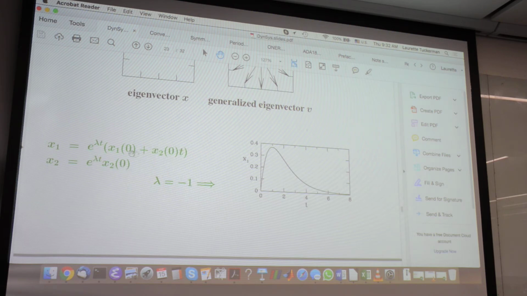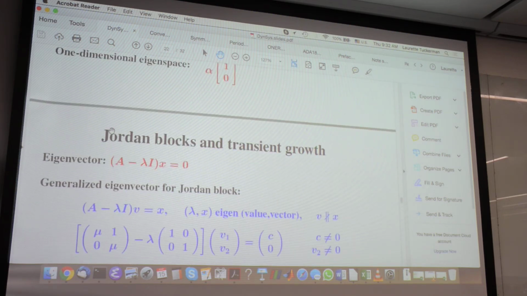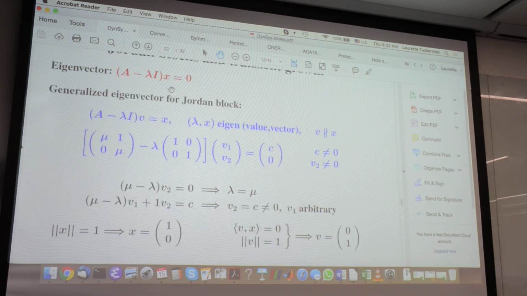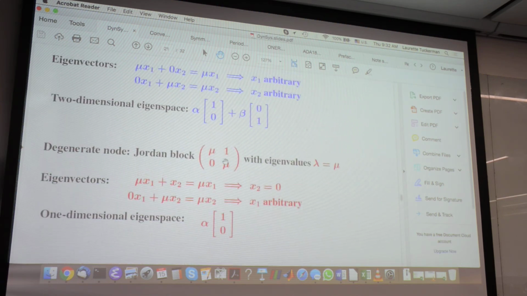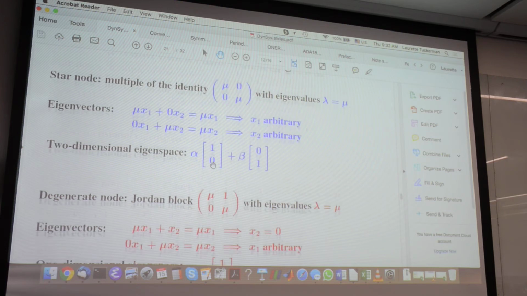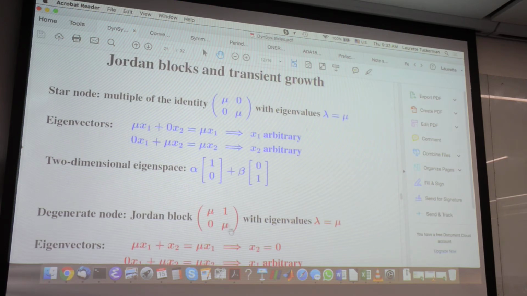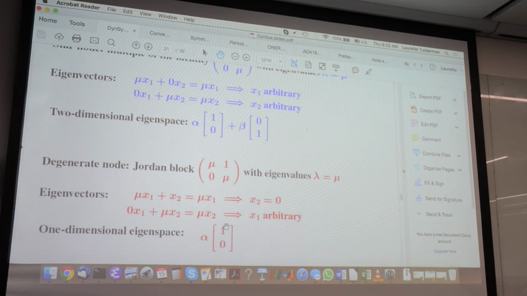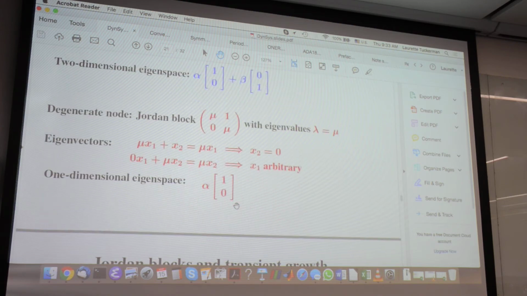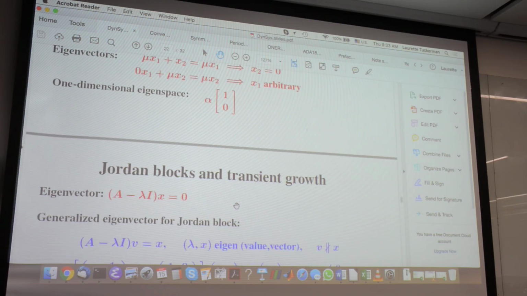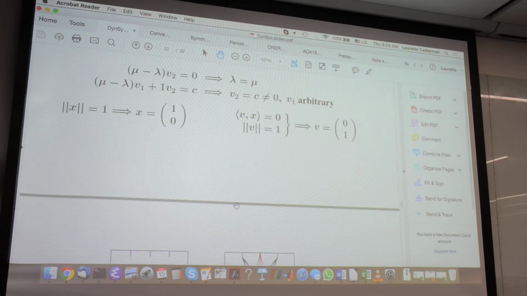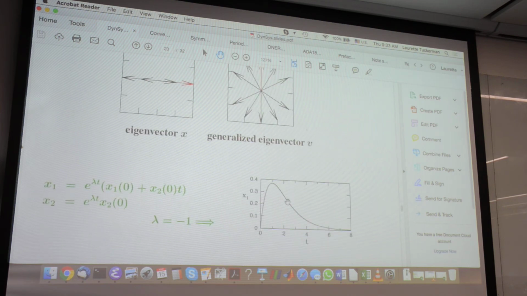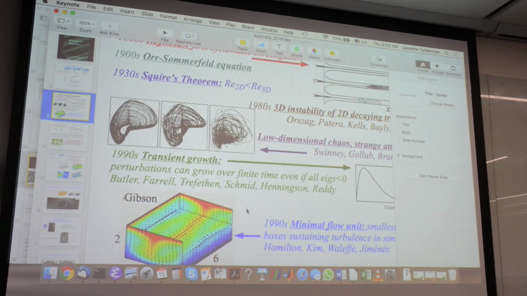But because it's a Jordan block, and we looked at that again the first day, because it looks like this and not like this, it has a repeated eigenvalue, yes, but the solutions are not e to the mu t, they are e to the mu t and t times e to the mu t. So you have initially some growth before decay. And so this was viewed as an exciting